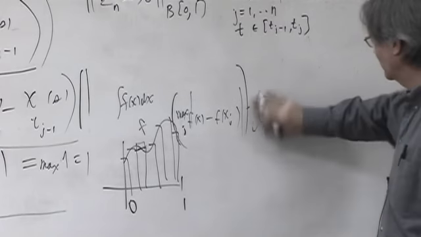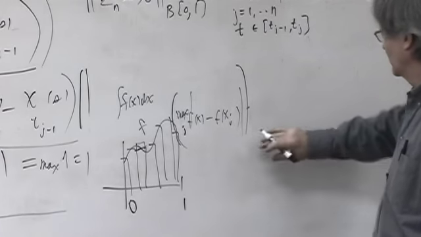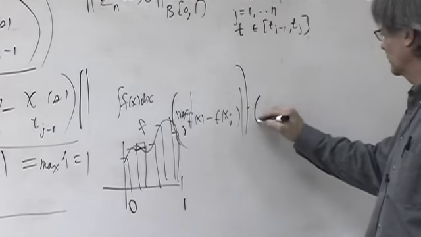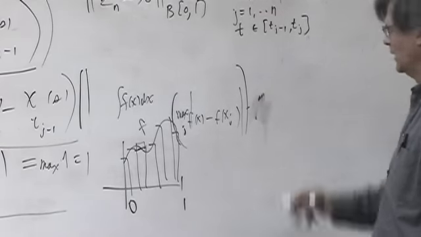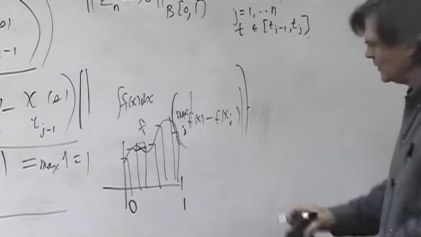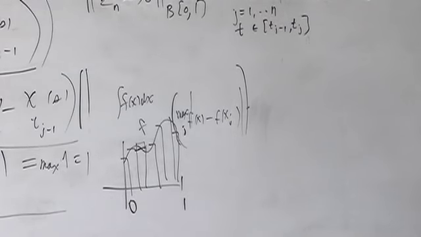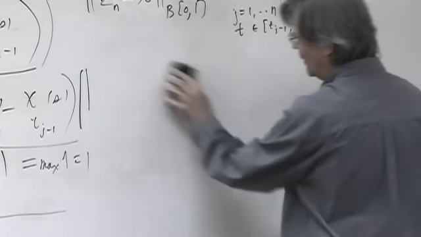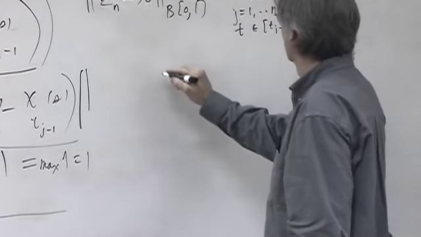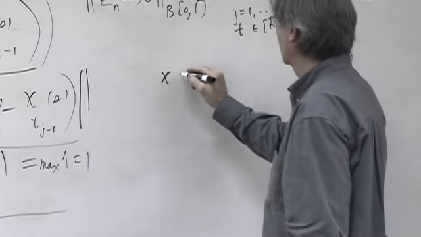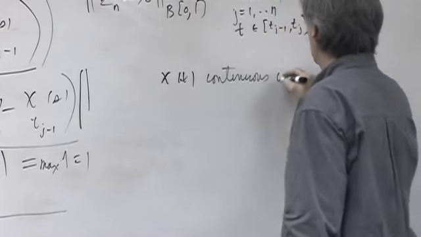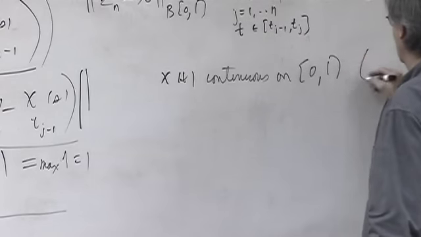No, this is the sum, this is the length of the interval. I'm sorry, because you're taking the total error. So this is times the length of the interval, b minus a or whatever. So just in the ordinary theory in Calc 1, you need this. I need that a continuous function is uniformly continuous. That is, x of t continuous on 0, 1, which is a compact interval,